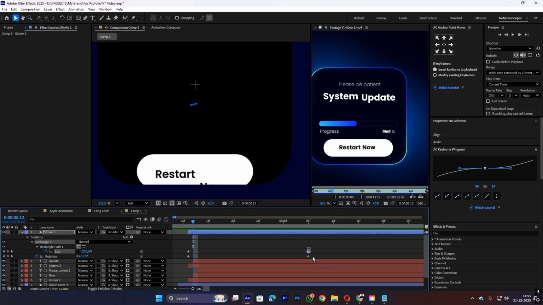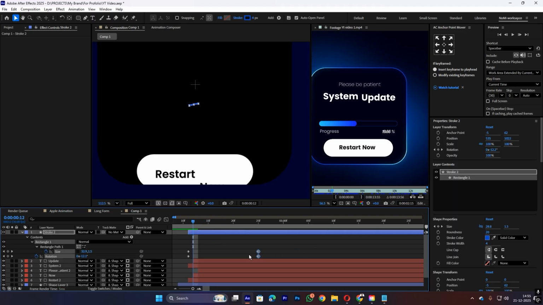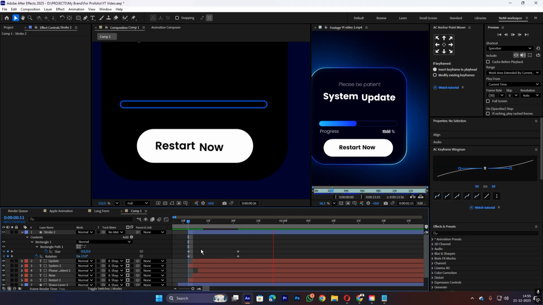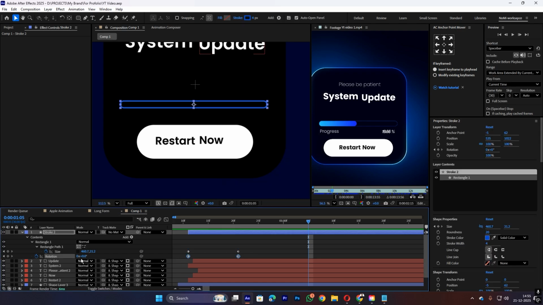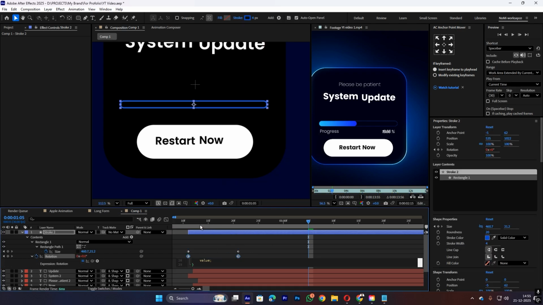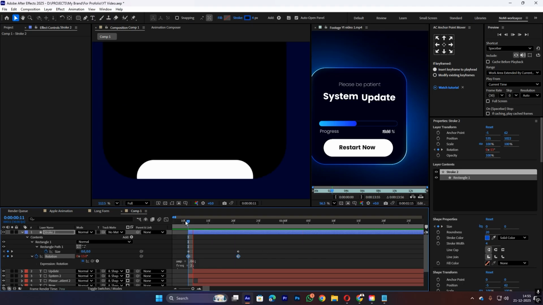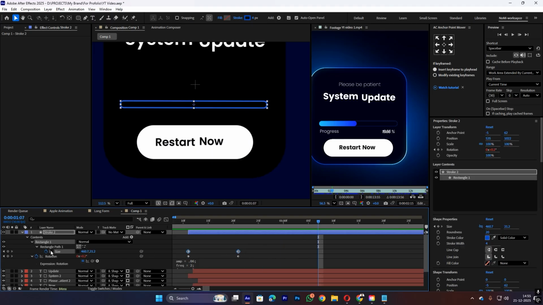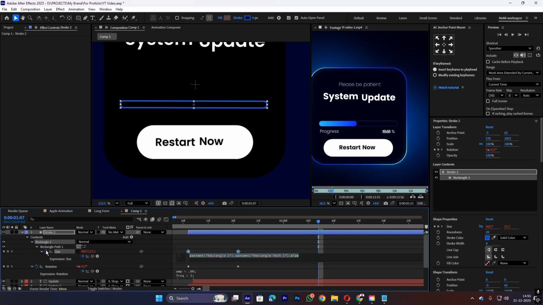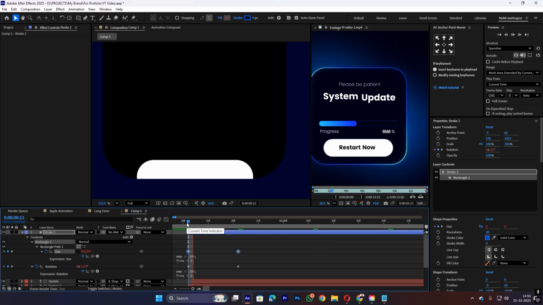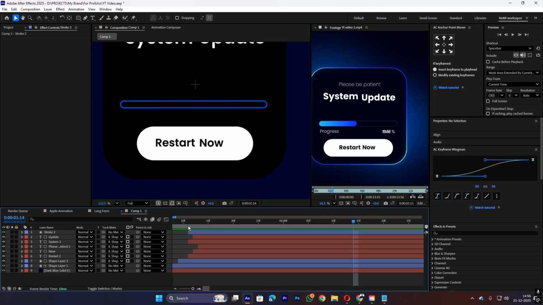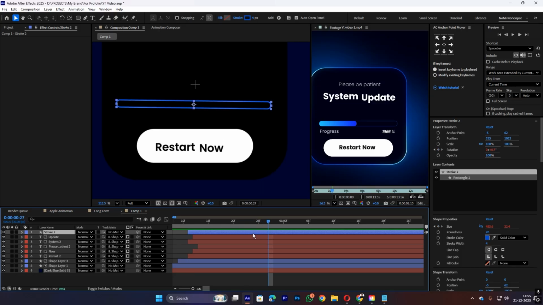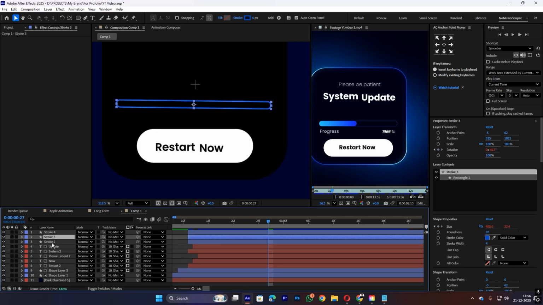Yes, now what we need to do, move a bit closer. Now play with their sizing, or you can also first paste our expression on their rotation. You see, now we got rotation like that. You can also play with their sizing, like if we add the expression there, you see, now we got it like that. Perfect. Now if we do such a thing at that point, copy paste that layer, just rename this matte